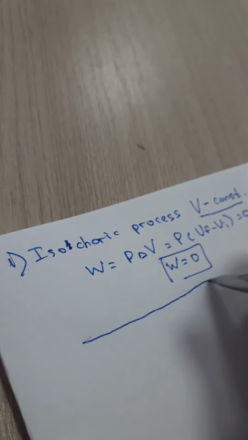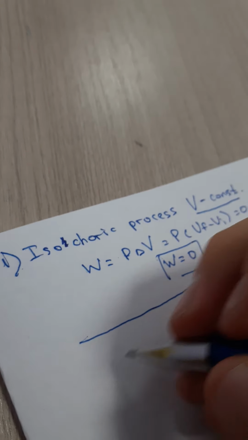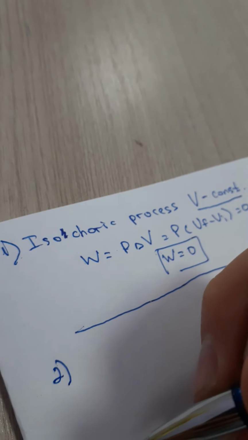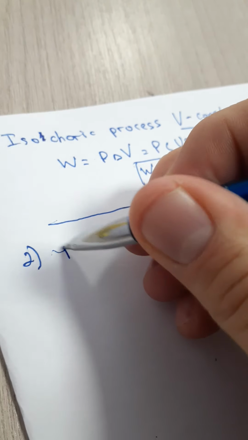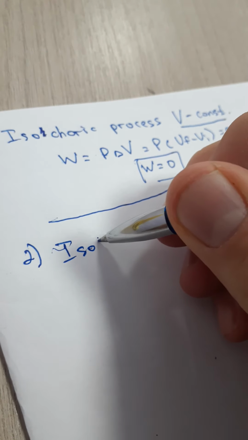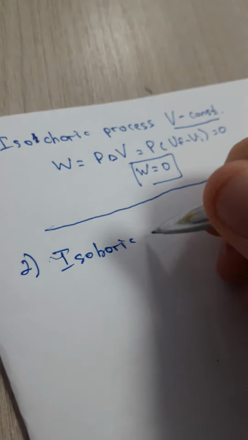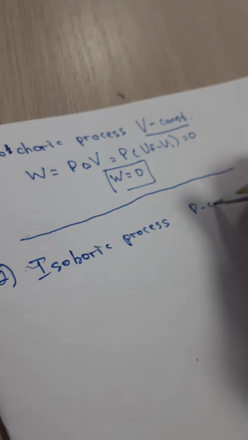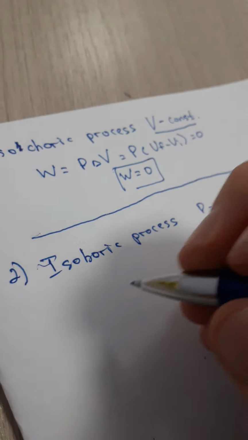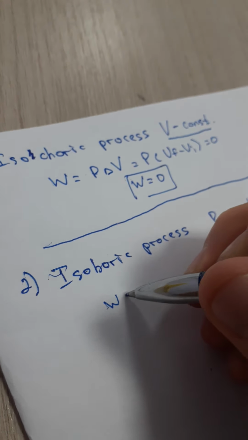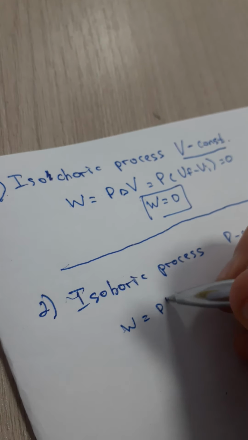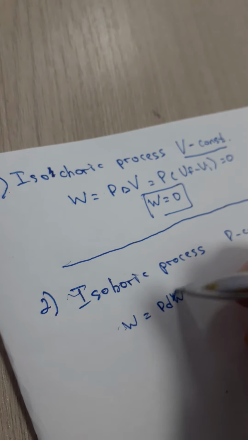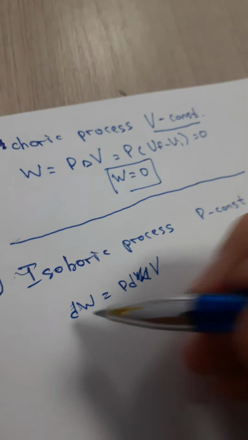Now, I explained it by formula, but we can also find it by the graph. So the next process is the isobaric process. In an isobaric process we know that P is constant. P is the pressure, yes? So here we know the work done is equal to P delta V. So delta V, dV, it's a